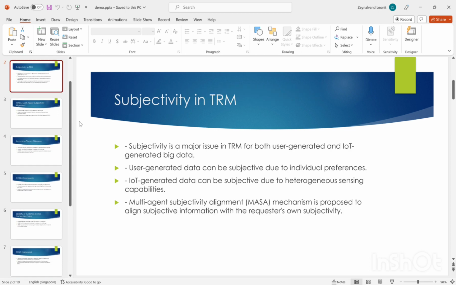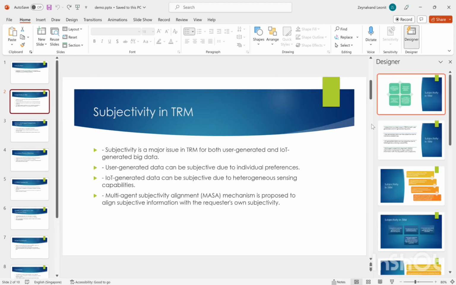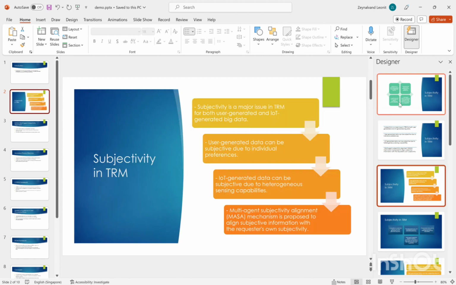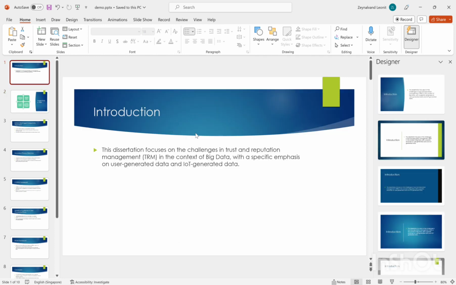We will talk about design later, but just to give you a quick taste of how you can change the design, we can have a quick look at Designer here, and you can use it to quickly change the design of whichever slide you want. The reason that I'll talk about this later and not now is that the focus of Odin Slides is